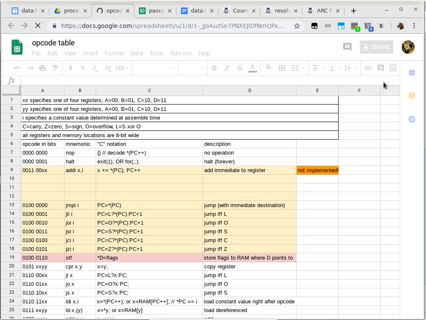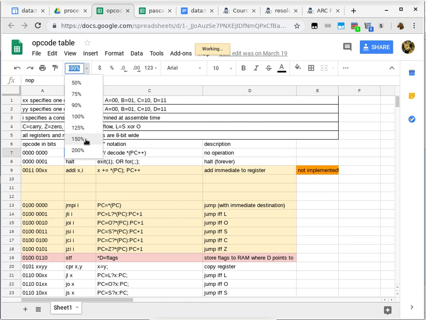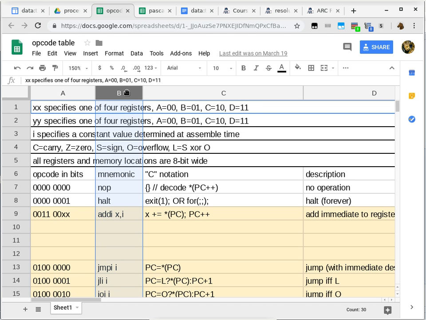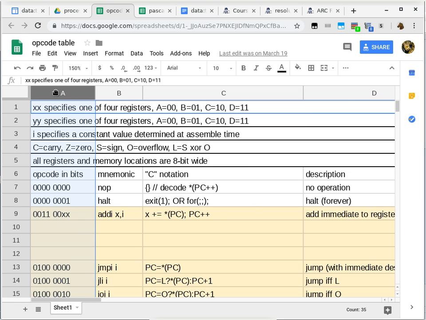And then we look at the number of instructions here. The first one is called the no-op instruction, and guess what no-op is going to do? I think the name kind of gives it away. No-op means no operation, which means it doesn't do a single thing. It doesn't have any effect, I should put it that way. Halt, now, if you look at the columns, column B is what we call the mnemonics of an instruction, column C is what I call the operational explanation of an instruction, and column A is the actual binary opcode